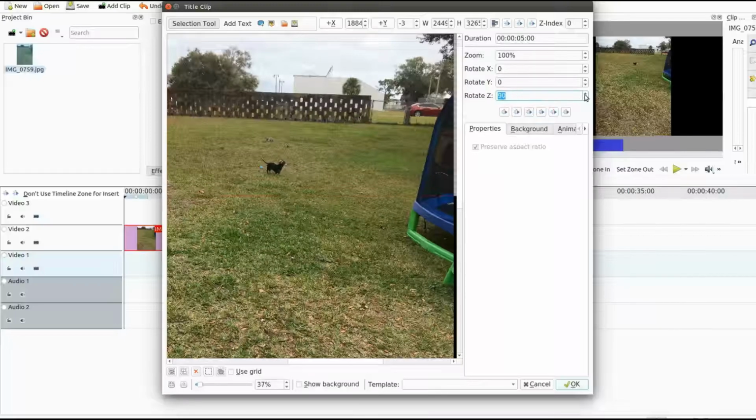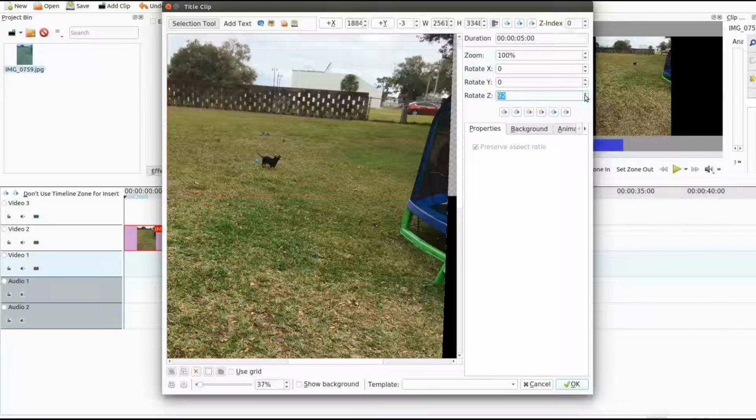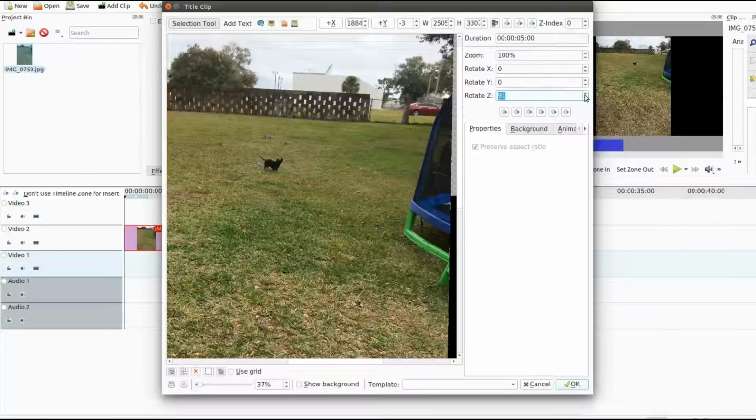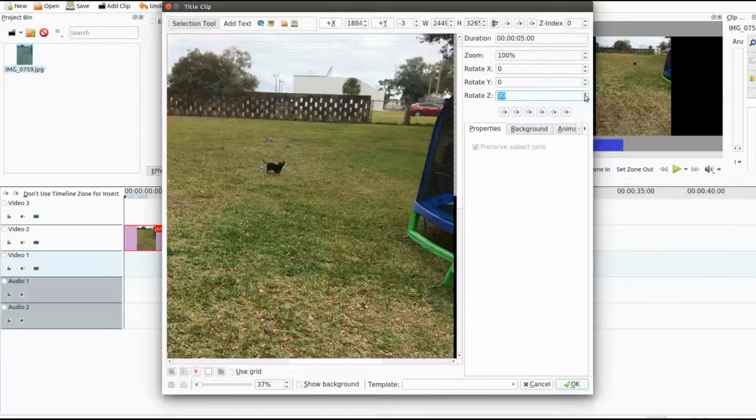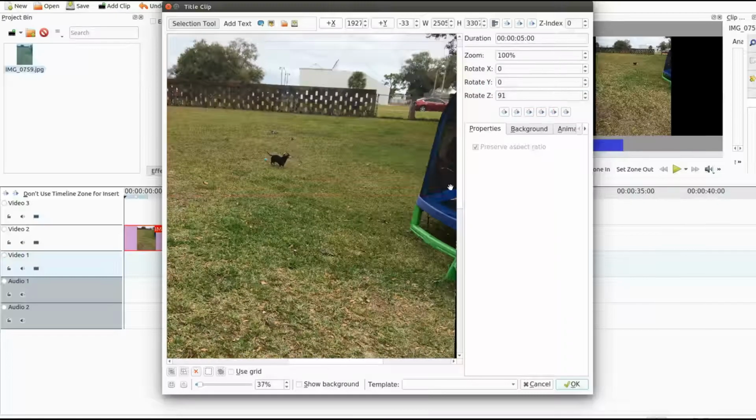Our main focus is the puppy. Once this is done in the Kdenlive title clip, adjust the rotate Z further in order to bring the photo straight. Now I am not suggesting that all photos will come into the Kdenlive title clip at this exact preset,